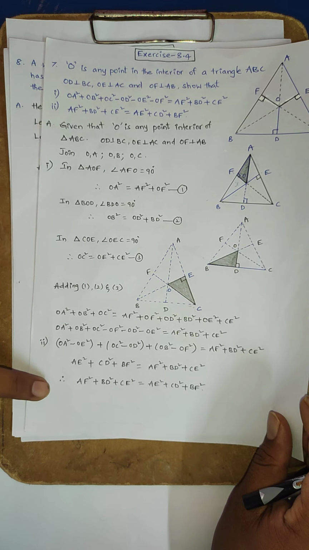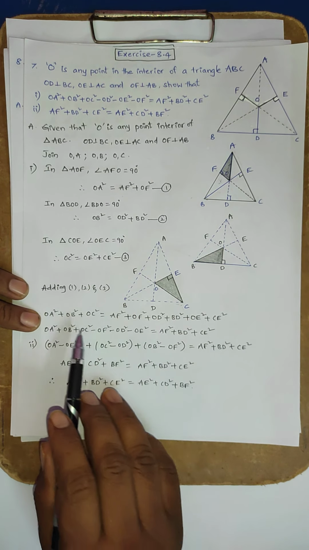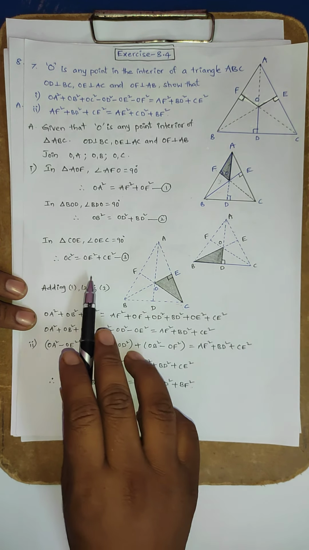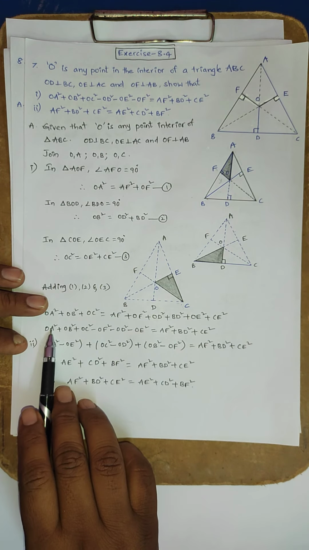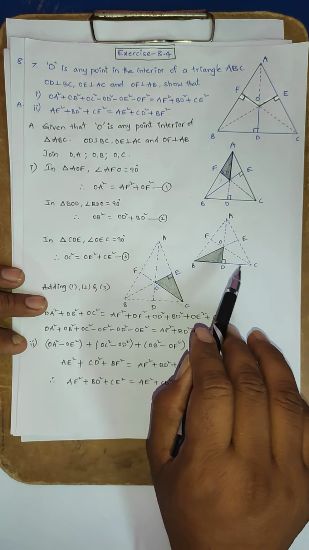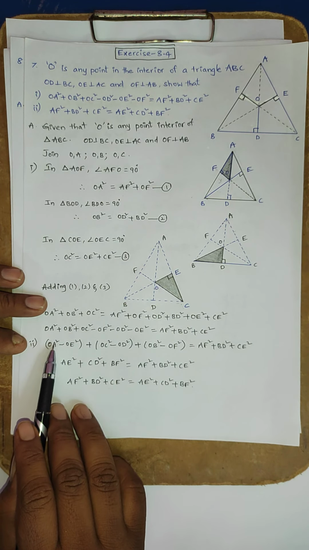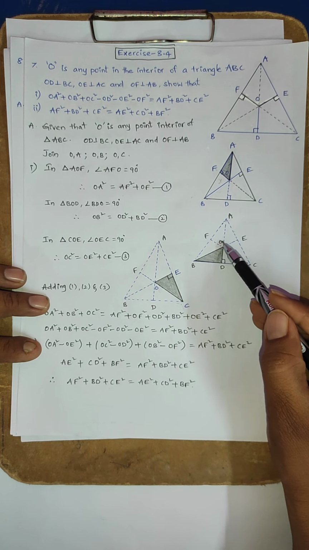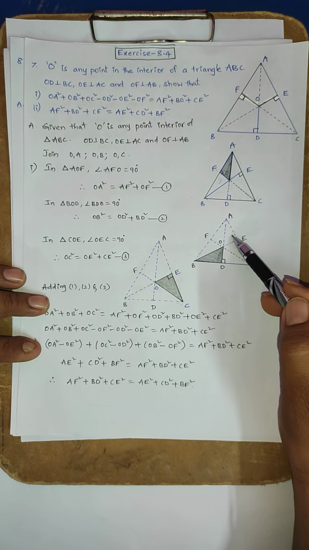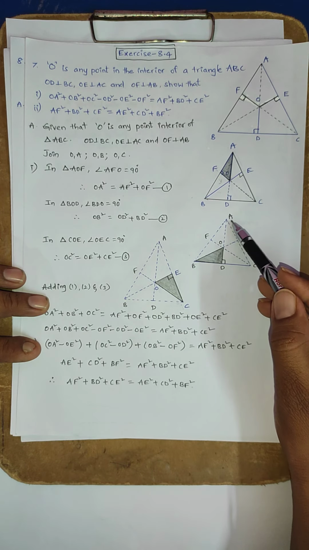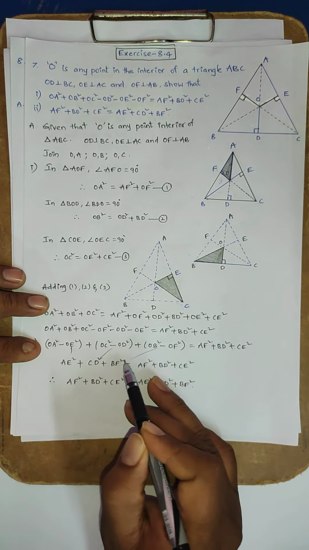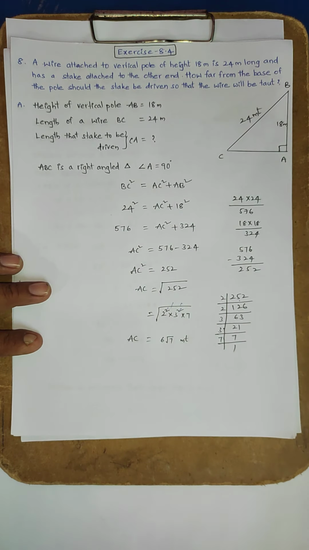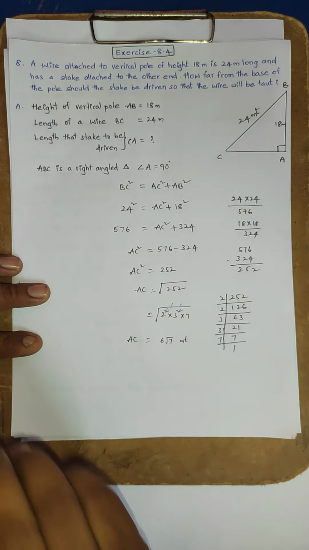Using this, the second one we proved. Understood? Don't confuse OA square, OB square, OC square, left hand side, right hand side. First one we proved. With this, OA square minus OE square, the remaining triangles, this only OA, observe here, OA minus OE, this triangle taken, then the remaining is AE square, that type. This related, this related, this related. I hope you understood.